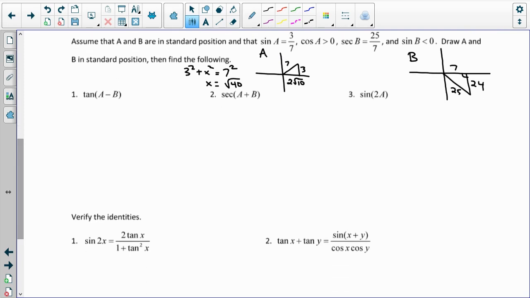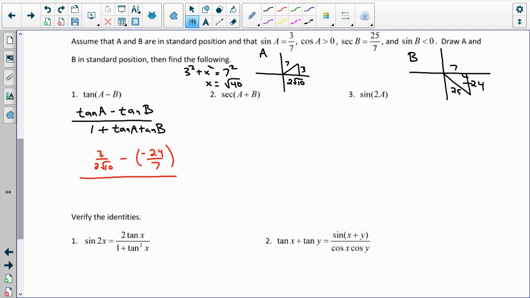Tangent of A minus B, so that's tan minus tan over 1 plus tan tan. So tangent of A minus tangent of B over 1 plus tan tan. So now I just sub things in. So the tangent of A, in this case, is going to be 3 over 2 root 10. The tangent of B is going to be, I should have made that negative for ease of understanding, tangent of B is negative 24/7